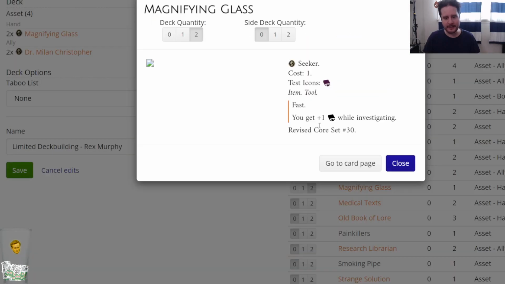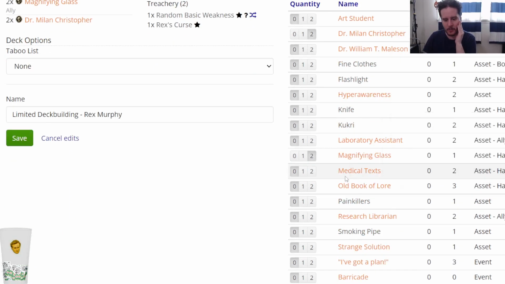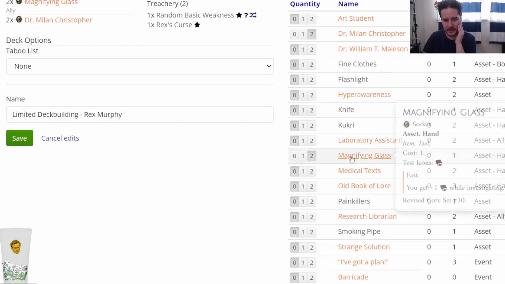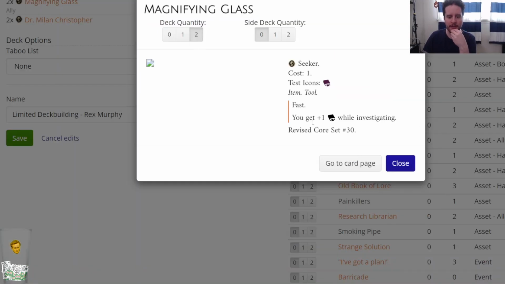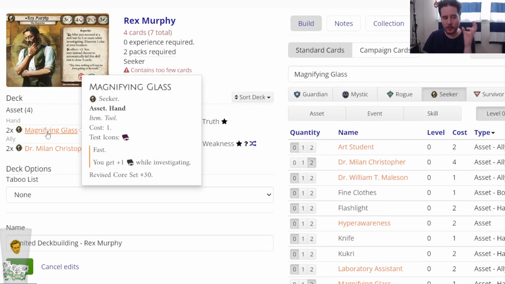So magnifying glass is fast. You get +1 while investigating. This works really well with the plan as well, because with Dr. Milan, Rex, and 1 magnifying glass, we now have 6 book. If we have 2 magnifying glasses, we have 7 book, which means we're going to constantly be getting additional clues